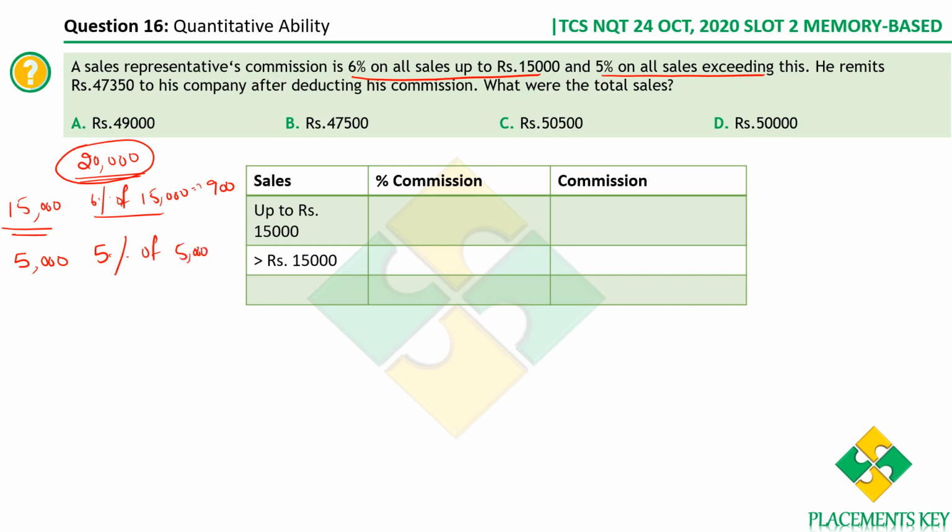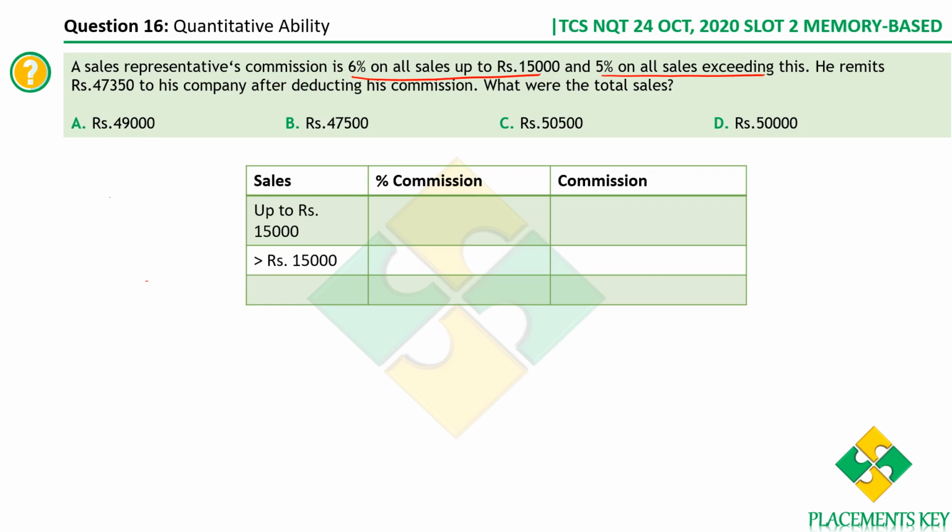We know 1%... so 10% is how much? 500. So 5% will be 250. You got it right with an example. If the sales is 20,000, on the first 15,000 the sales commission is 6% of the sales, whereas for the remaining 5,000, that is the amount after 15,000, it is 5% of the sales. This is how we usually compute the sales commission.